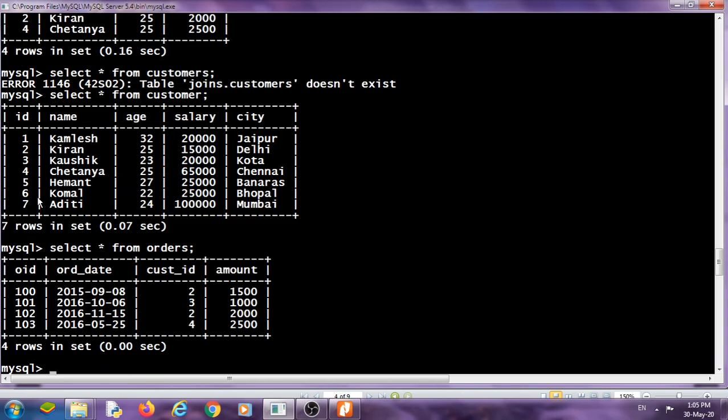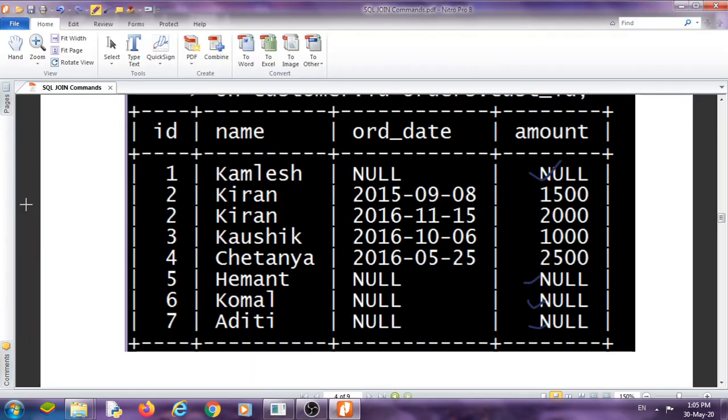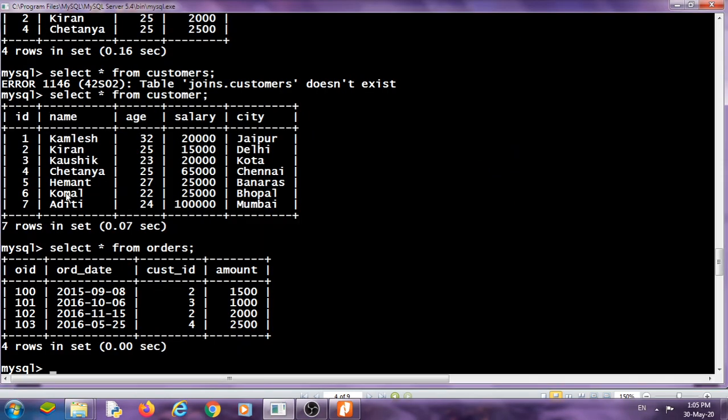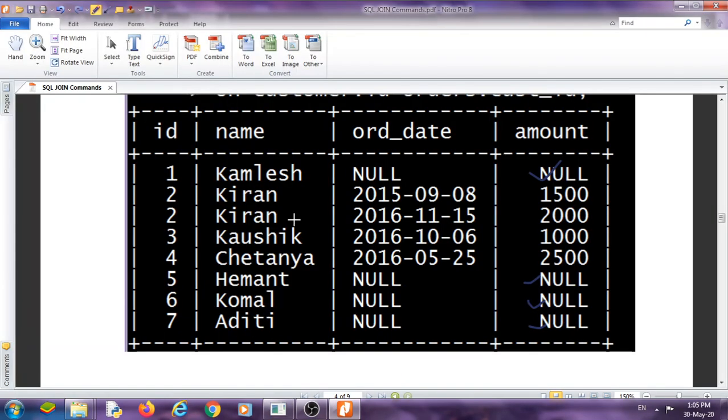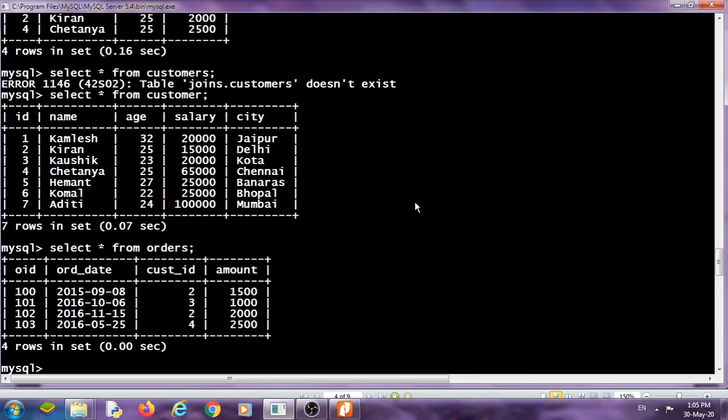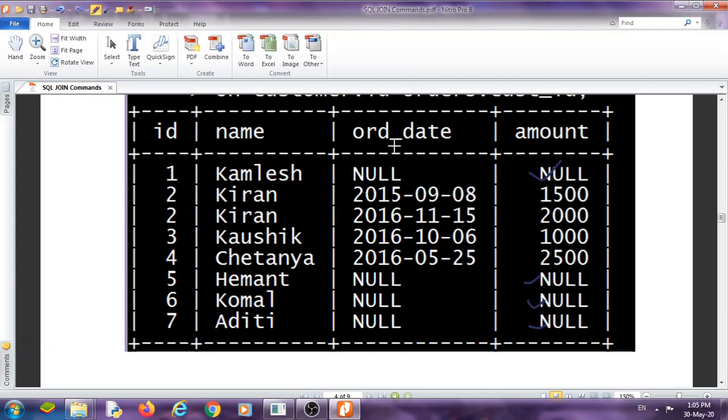Okay, customer ids in orders are 2, 3, 2, 4, and here the ids are 1 2 3 4 5 6 7, right? And our result is 1 2 3 4 5 6 7 because our left table is customer. Okay, and our right table is orders, and from orders we are using the order date and amount values, right?